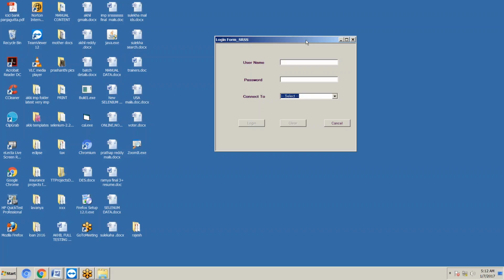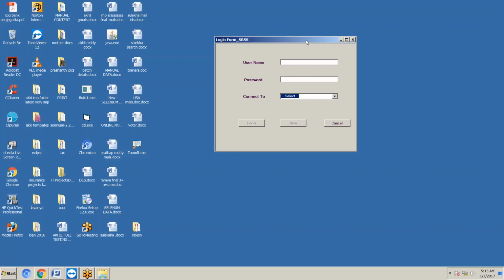Okay, right. Customer is saying he wants this application. He is saying some requirements: the login screen should contain username, password, connect to fields, and login, clear, cancel buttons. Connected to is not a mandatory field. Whenever the user requires, he can select a desired database option.